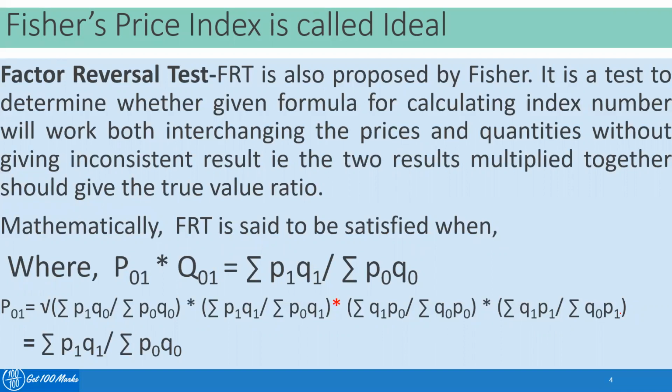That means the price index and the quantity index multiplied together should give you the true value ratio. In a simple way, if you are interchanging P with Q, I mean price with quantity or quantity with price, it should give you